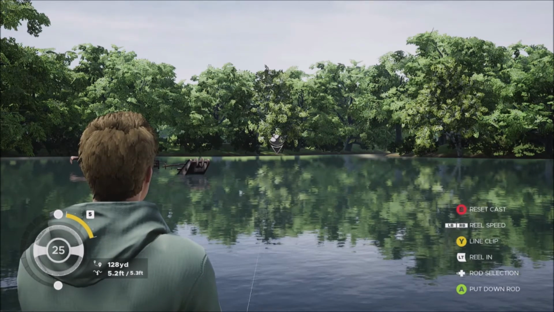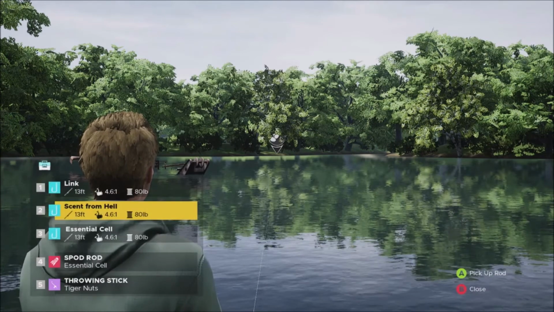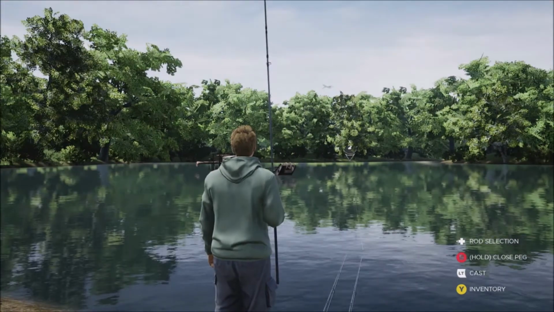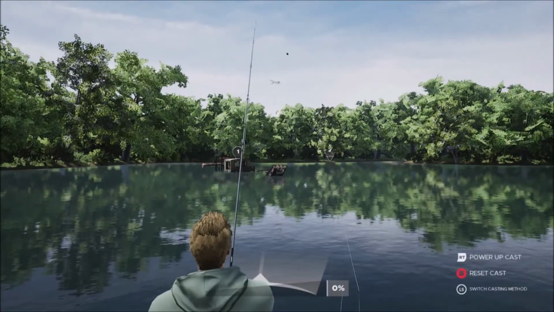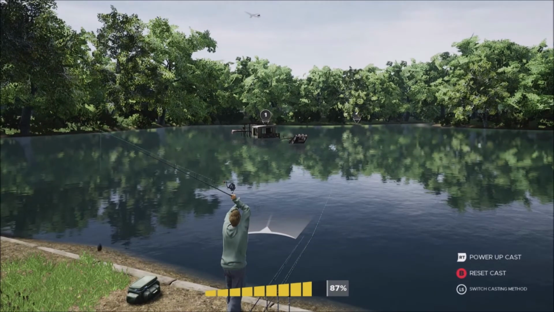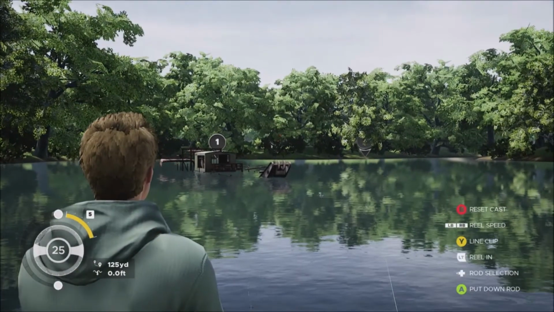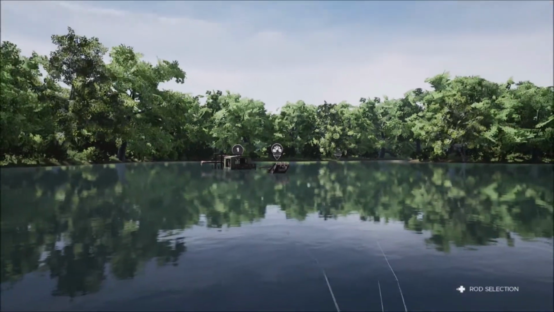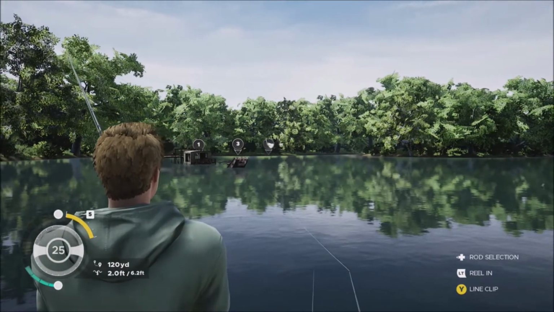Now let's get our next bait on the go. Let's get the Essential Cell out. And we'll aim for this one, maybe in the middle of them two. Let's cover that water there, just the other side of the sunken tractor. And we're off already. So, the Scent from Hell is doing the business again. So let's wind up our drag